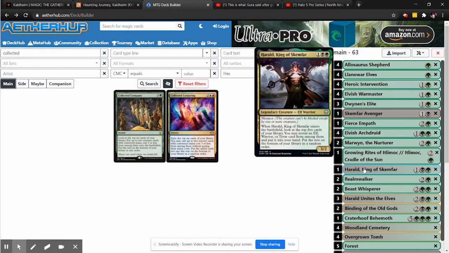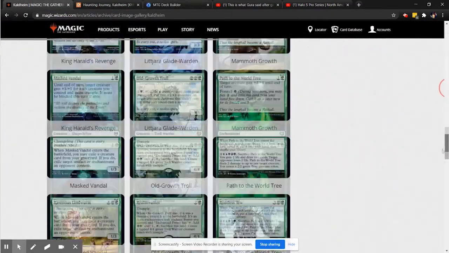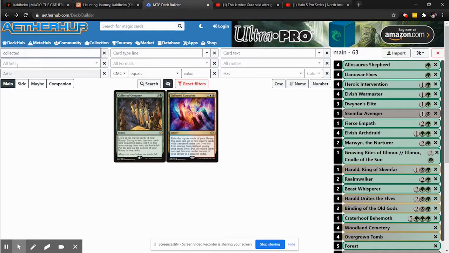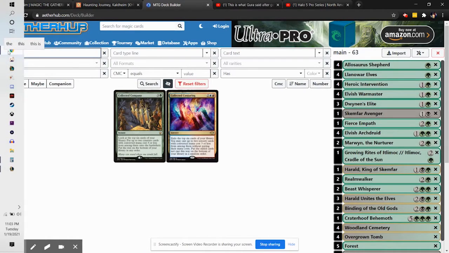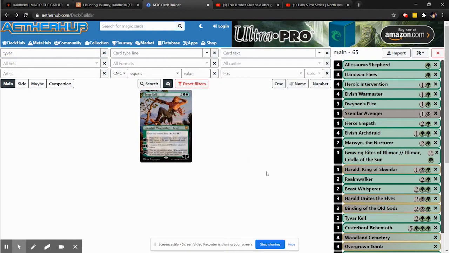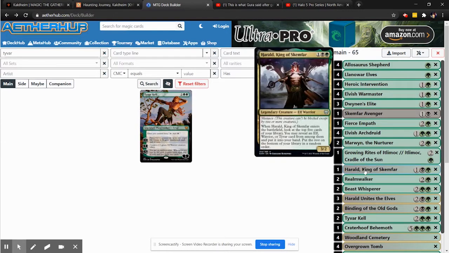This one's new, Menace. So he does search for other elves or a Tyvar. Oh, I forgot Tyvar. I knew I was forgetting something. Oh no, he's hot. Oh, wow. Okay. We'll fix this later. But so he looks for either a Tyvar or an elf or a warrior,